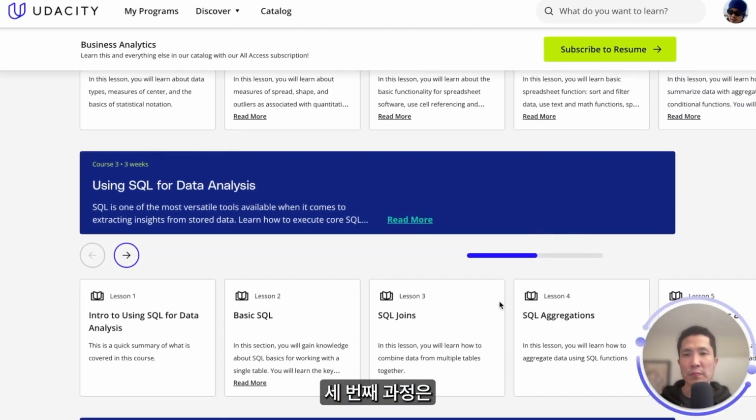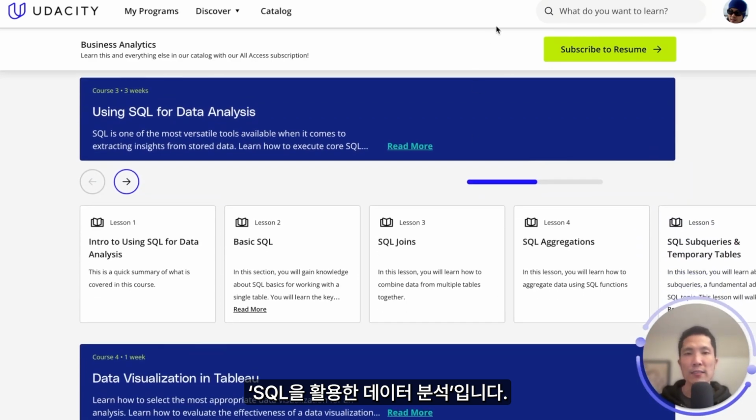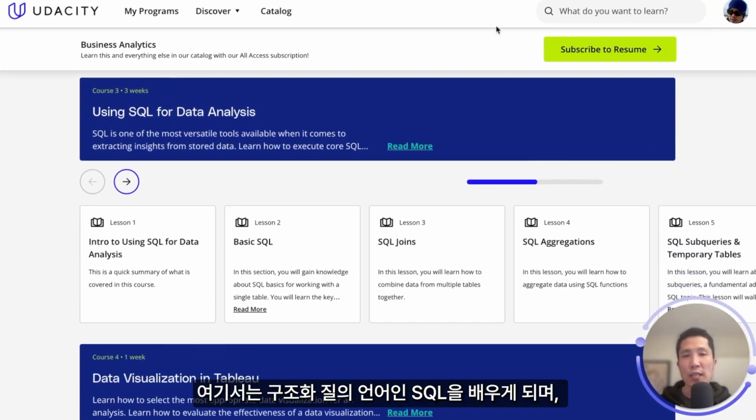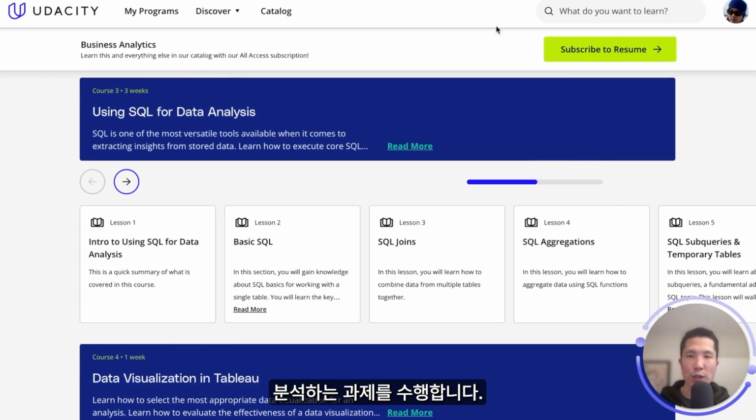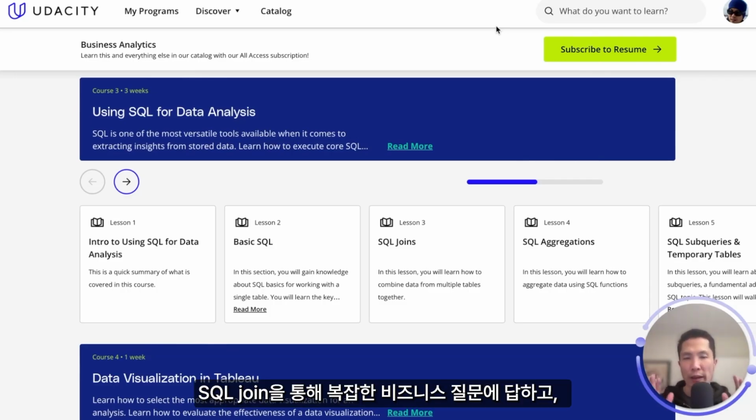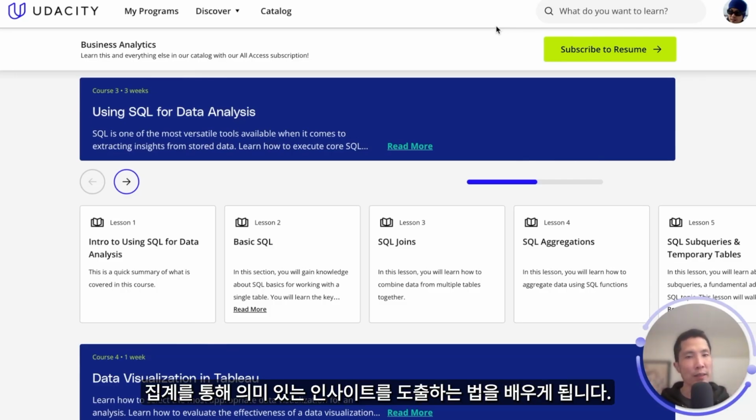Course 3, SQL for Data Analysis, takes our learners into the field of Structured Query Language, SQL or SQL. The project challenges students to extract and analyze information stored in a database. You will become fluent in SQL commands, use joins to answer complex business questions, and aggregate data to gain valuable